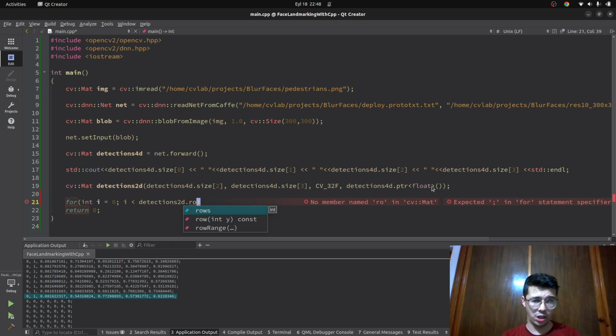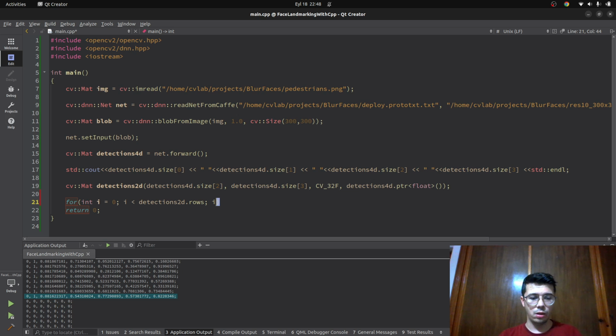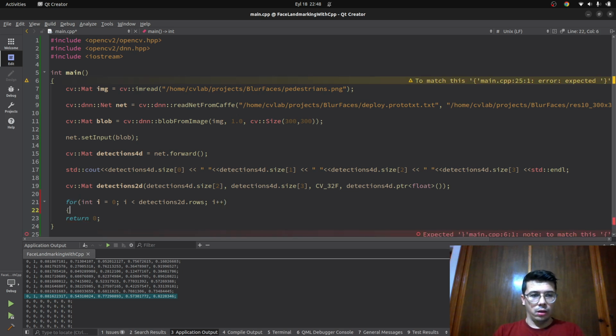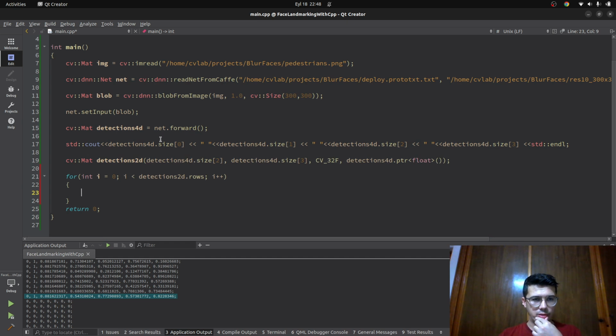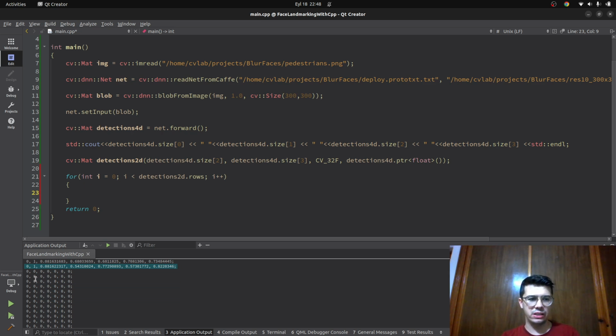So I want to check each row. First of all, we can directly filter by the confidence, because these zero values are going to be eliminated easily, since you see all their confidence is also 0. So confidence is equal to